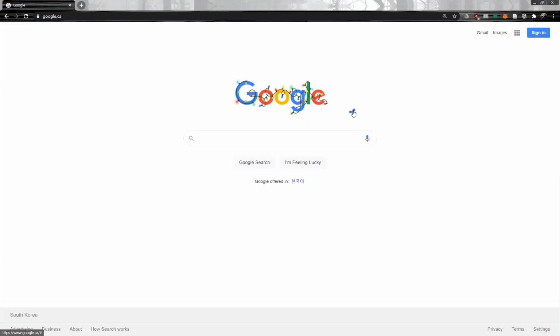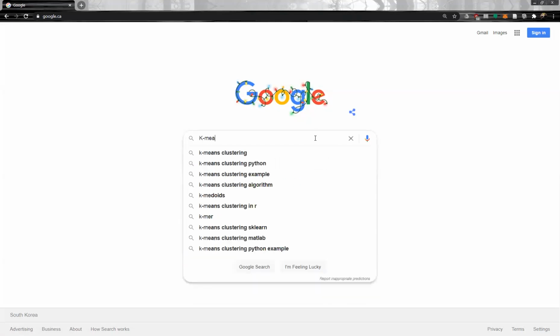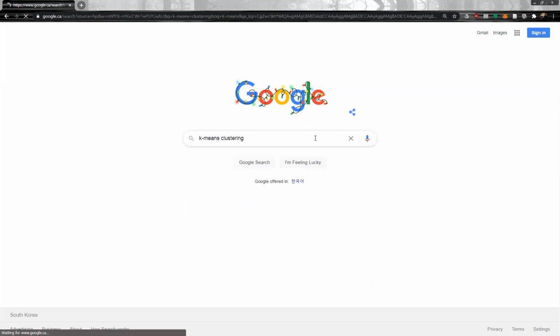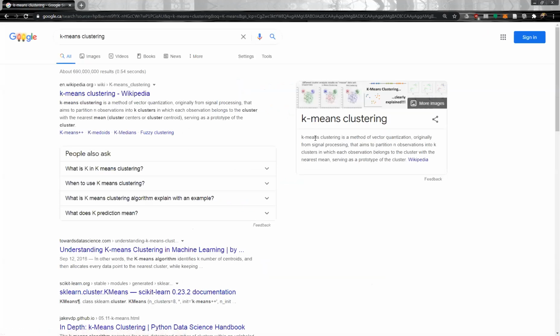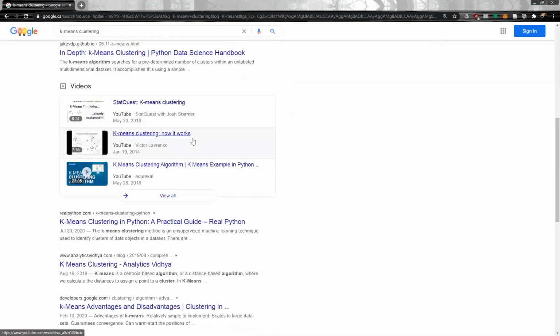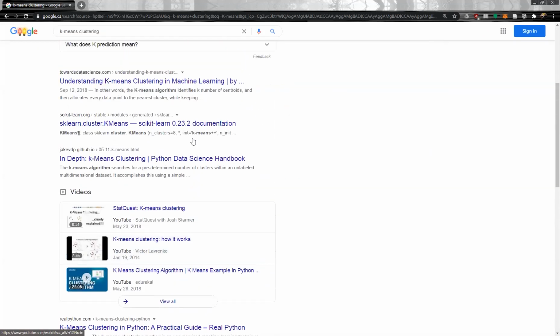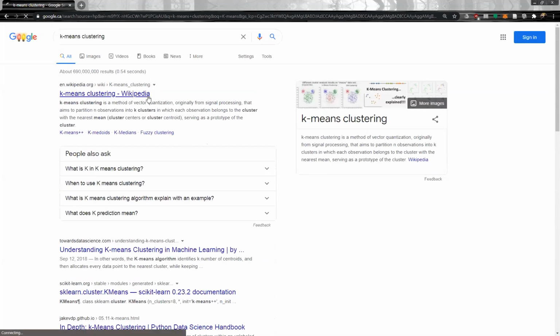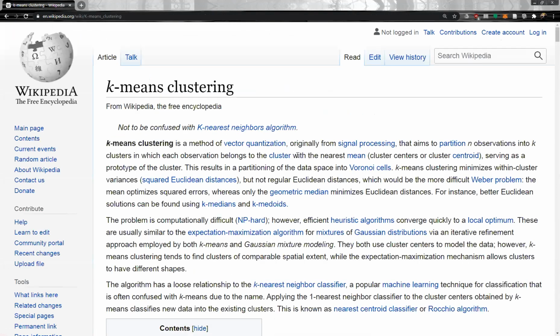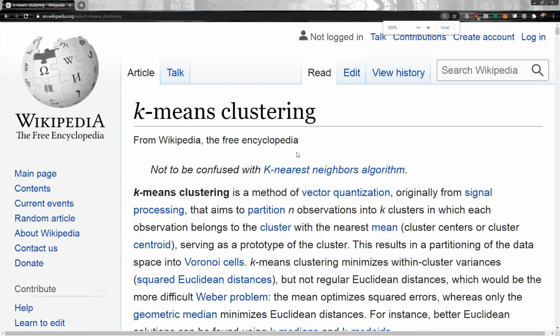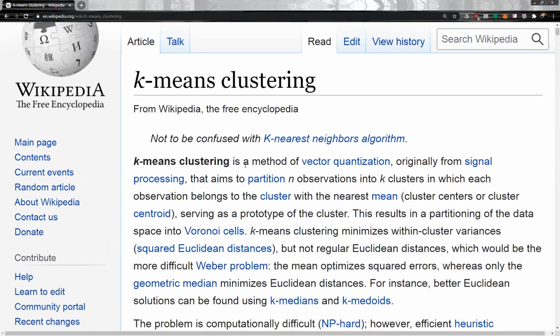Hello, let's discuss k-means clustering. So let's Google k-means clustering. I think there are many good explanations, but let's check Wikipedia. So k-means clustering. Okay, so k-means clustering is a method of factor